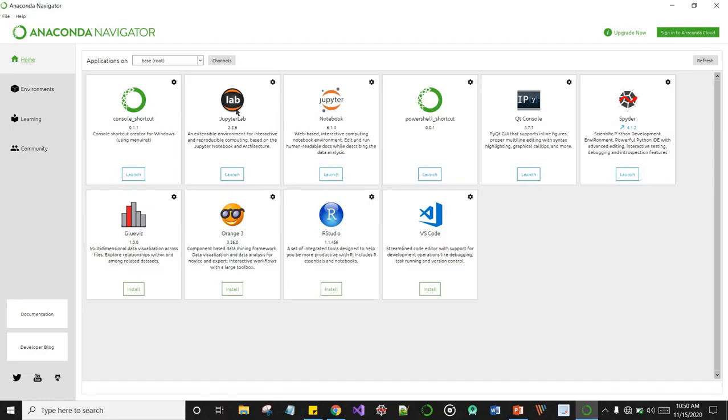So there's really no difference, but this is just a bit more extensive than Jupyter Notebooks, and both of them are actually web-based. They run by default on your browser on the localhost. So let's just launch Jupyter Lab and let's see how that comes up.